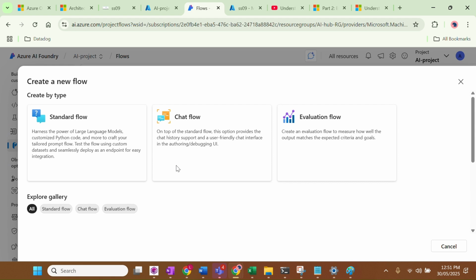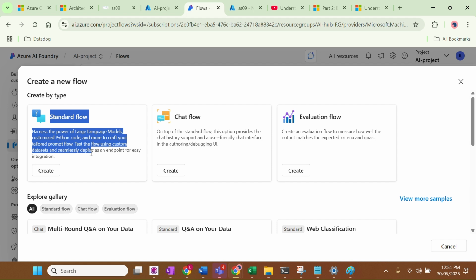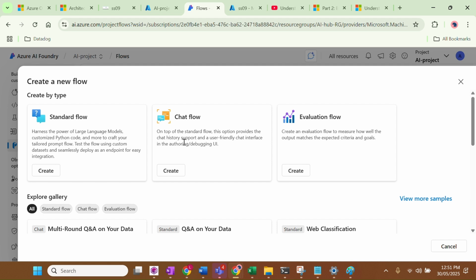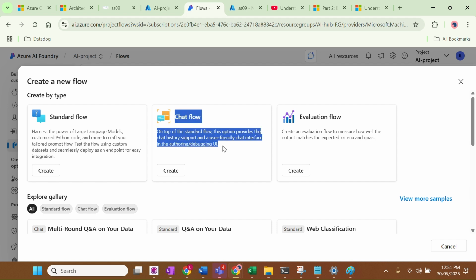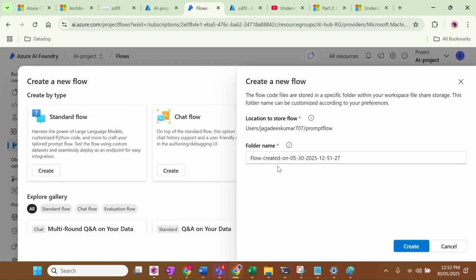Coming to the prompt flow, prompt flow is nothing but how our prompt is going to flow, what conditions it needs to satisfy, and how it comes across before reaching the LLM. Here you can see standard flow, chat flow and evaluation flow. Standard flow we regularly use. Whatever questions you raise, the LLM will answer those. It won't remember the previous history, but the chat flow can remember a little bit. For our project, we're selecting standard and creating our